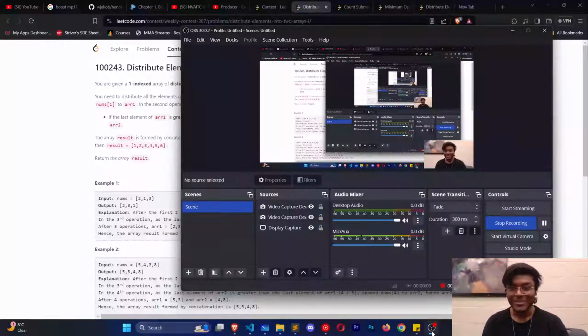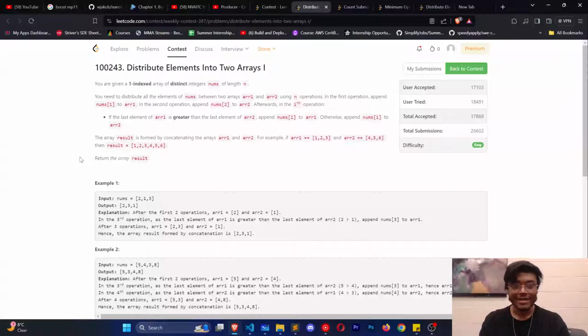Hello everyone. Today we'll be solving Leetcode contest 387. So let's get right into it. And the first problem, we are given a